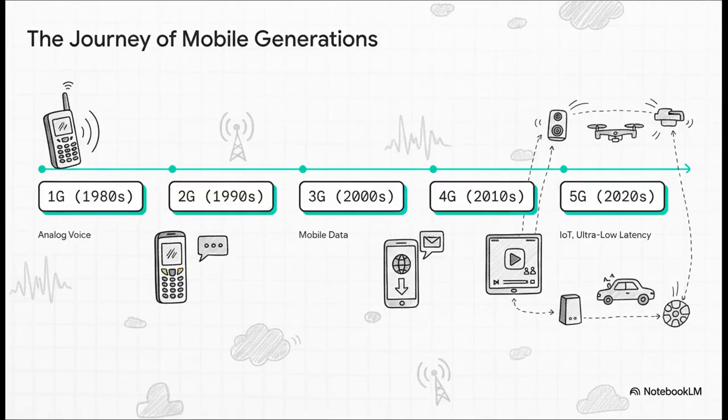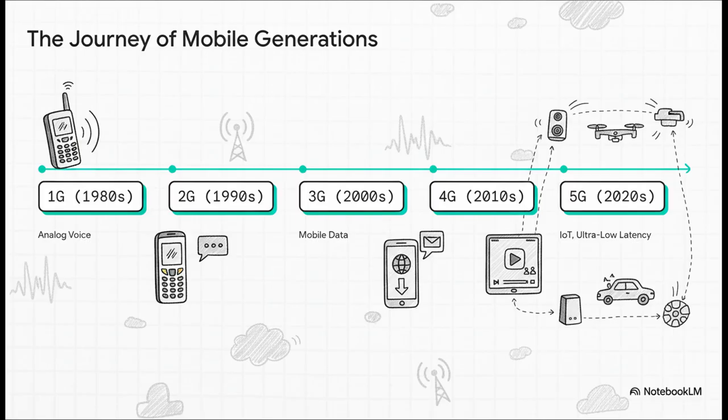So the beauty of this is how simple it really is when you break it down. Think about it. 1G, that was just analog voice, plain and simple. Then 2G came along with GSM and boom, we got digital voice and texting. 3G was the game changer that brought us mobile data. 4G with LTE, that's when we got true high-speed data and video streaming. And now, 5G is all about the Internet of Things and that crazy fast, ultra-low latency. See? Each generation has that one key thing that defines it. That's the main takeaway here.